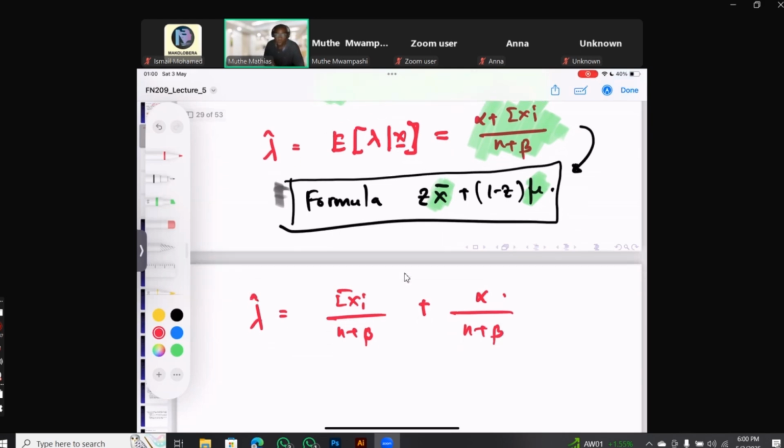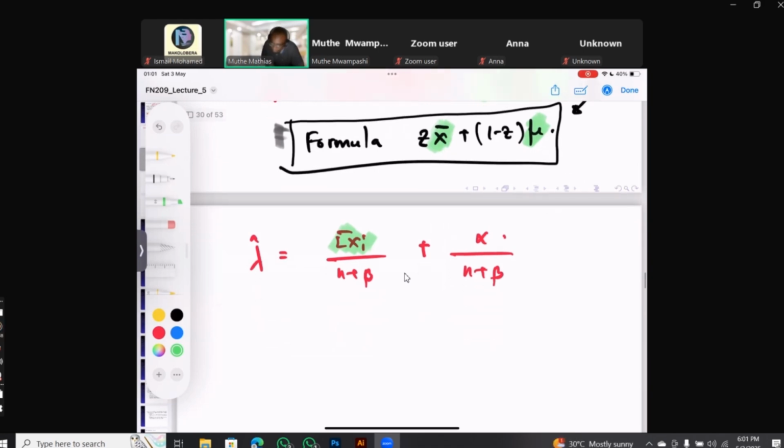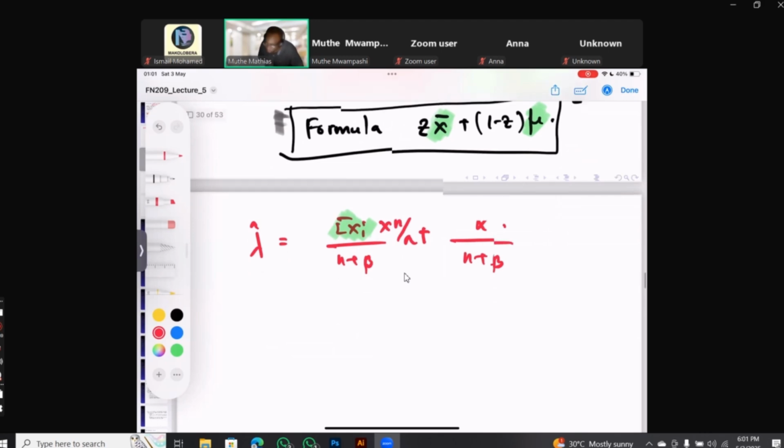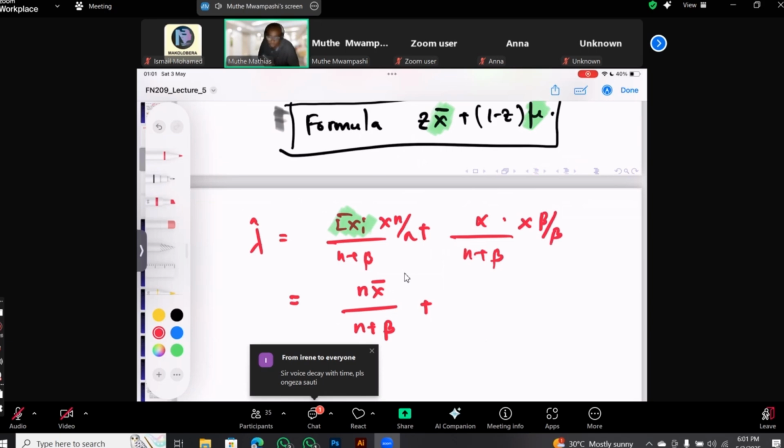And then I want this part here to be the mean, x bar. So what am I going to do? I'm going to multiply this part by n over n. If we do that, you'll be able to see that this will be equal to n x bar divided by n plus beta, and then plus, this other part, I'm going to multiply by beta over beta. So if we do that,